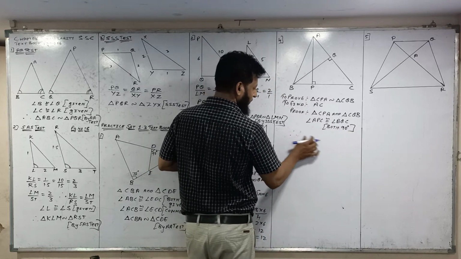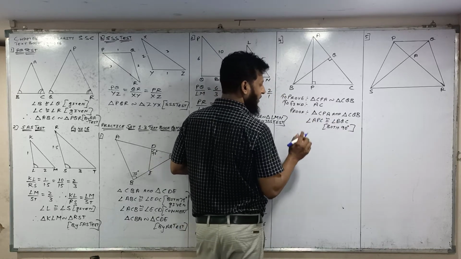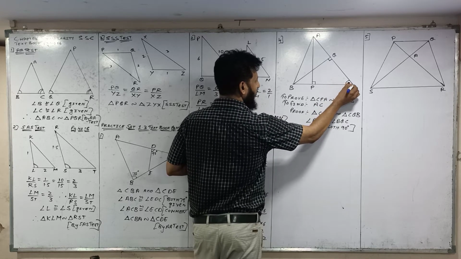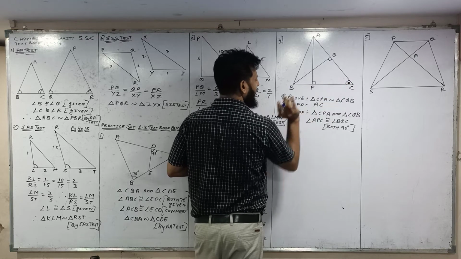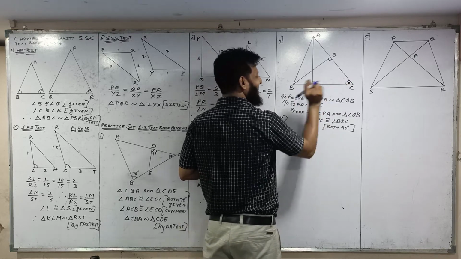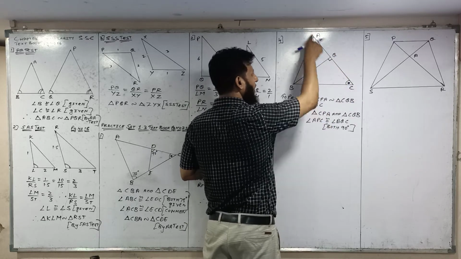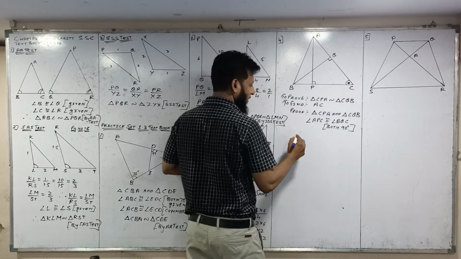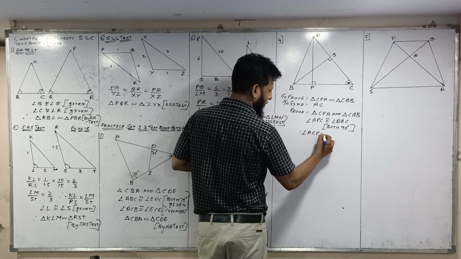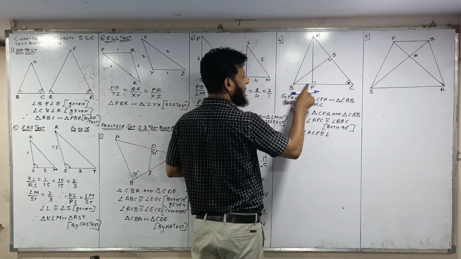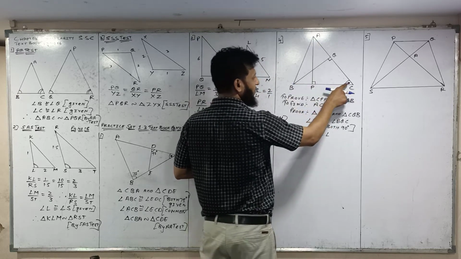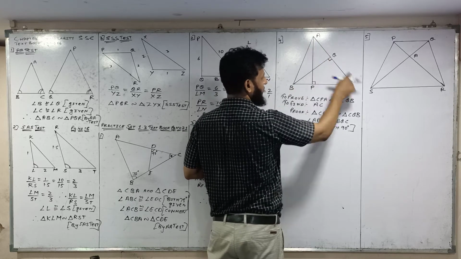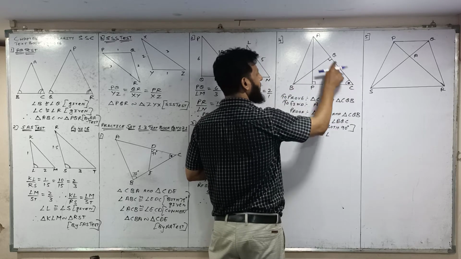Therefore, now these angles are congruent. Now you can see this. I am taking this sign for common angle, C common. Assume it. Now this angle is in both the triangles CPA and CQB. For this angle, I write angle ACP is congruent to angle ACP for this triangle, and for this triangle BCQ.